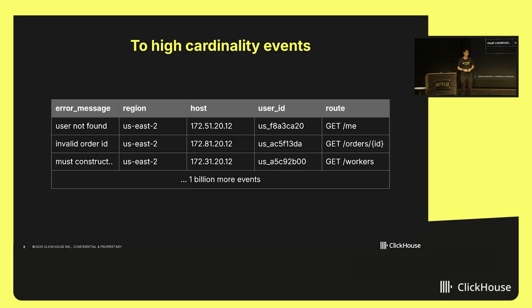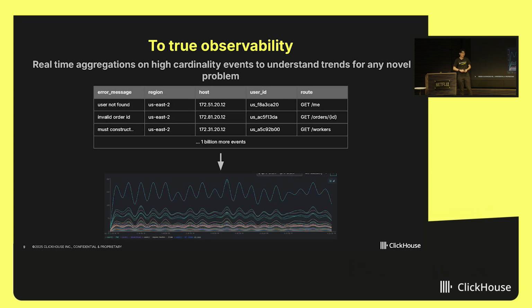And it's really hard to be able to tell this off a search database because the graphs will be really slow to load. And really, to get true observability, you need a system that can go from your individual events to be able to build kind of trends and charts to be able to show your hypothesis is proven at scale, and then maybe find another novel insight, zoom into a specific event again, and repeat that motion until you find the exact kind of root cause that you're looking for.